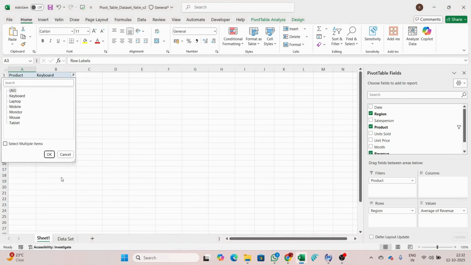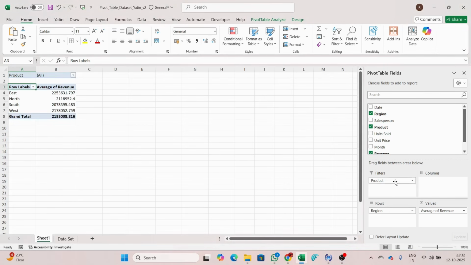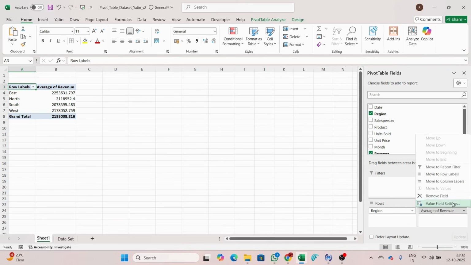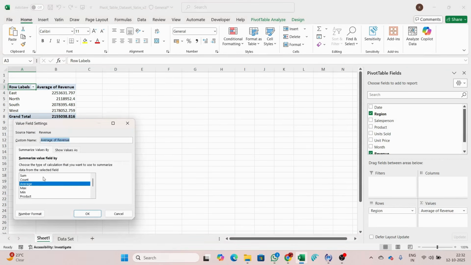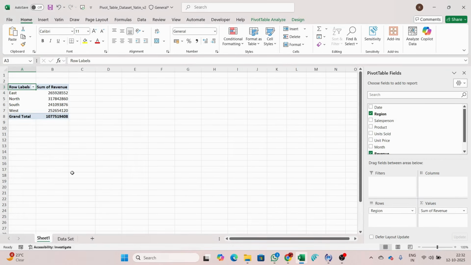We can also add a slicer here. It is also very simple. I'll just show you. So slicer is, again, as we discussed earlier, what the slicer enables is that it allows you to make the data more interactive. You can filter the data interactively. So if I just click it back to sum, and we have to add a slicer, so we can just